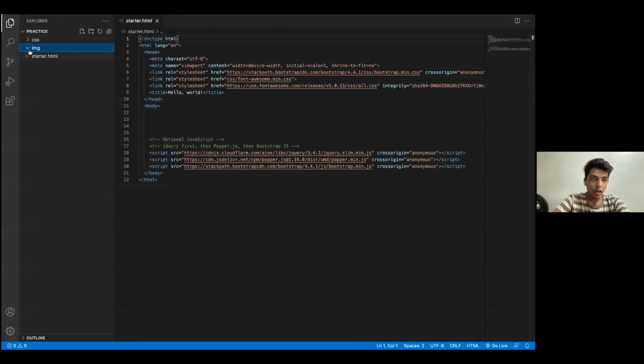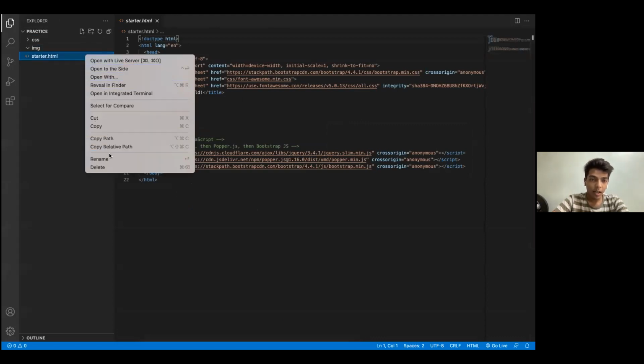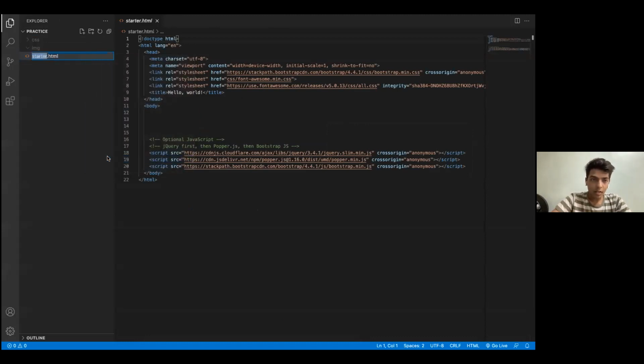Now in this starter.html, I'll just rename it and make it index.html, and pressing enter, it will be saved.